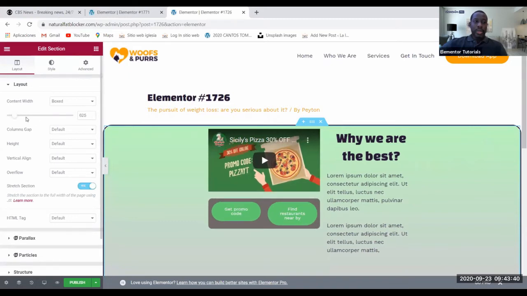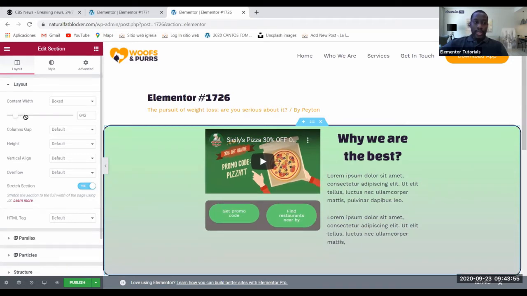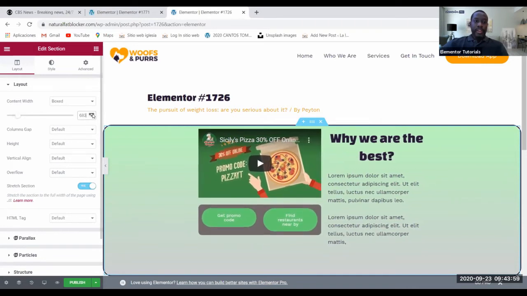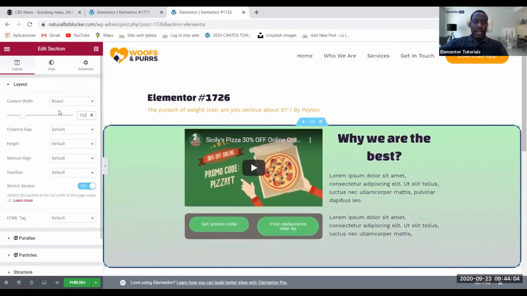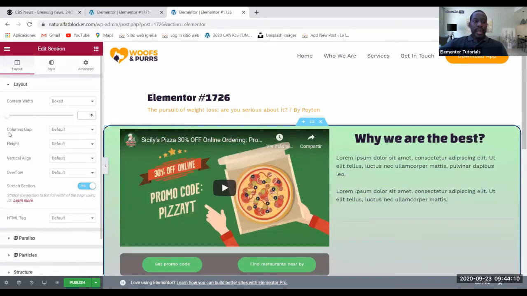You can do the same by importing a template, either if you have the starter templates installed or if you have the Elementor templates, you can add a segment and you can just come here and start to play with the options underneath layout. As you can see, I can either increase or decrease the size of the box. So I'm not going to go through that. I'm just going to come here and delete this number here. Now column gaps,